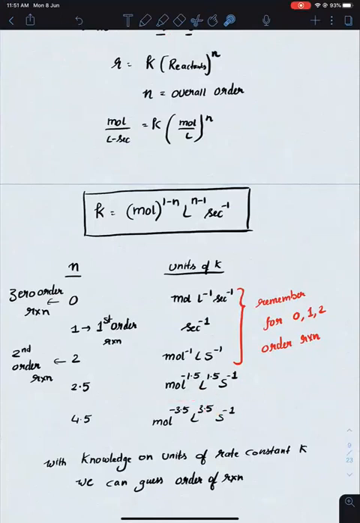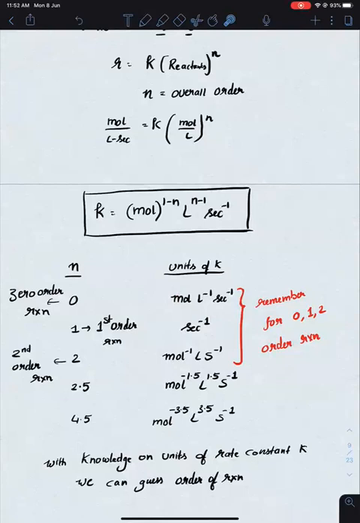In the question, whenever they mention some reaction, they won't be giving you which order it is. It can be zero order, first order, second order, it can be anything. But they will be giving you the value of K and its units. So based on the units of K, you need to judge the order of the reaction. They will not clearly mention that this particular reaction is zero order or first order. With the help of the units of K, you need to judge the order and proceed.